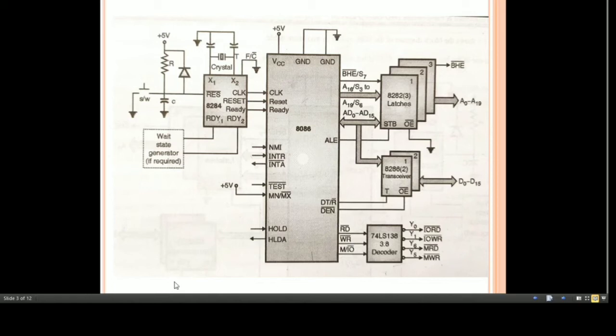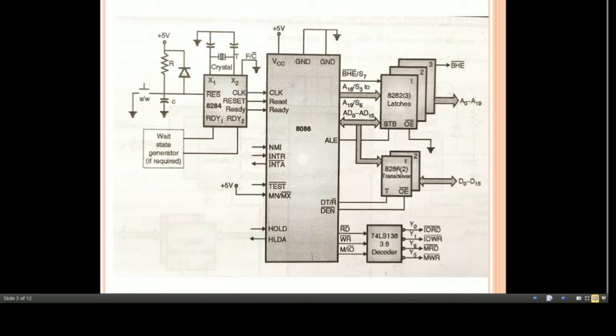Now if the microprocessor system has several devices interfaced with it, then to increase the current sourcing or sinking, it is essential to use drivers and transceivers for the data bus. That's why the Intel 8286 transceiver is used for this purpose. This transceiver is controlled by two signals, DEN bar and data transmit/receive bar. So these two signals of 8086 are controlling this transceiver.